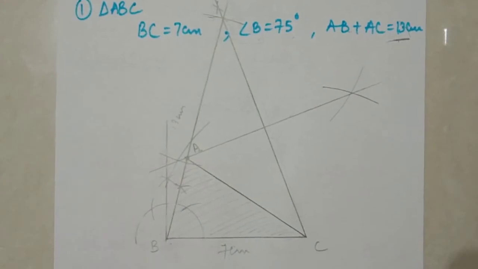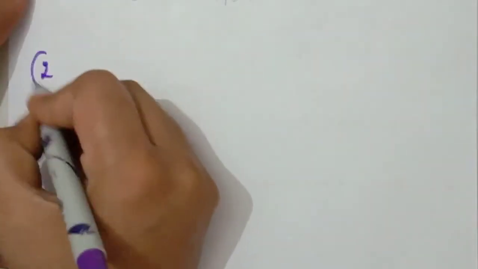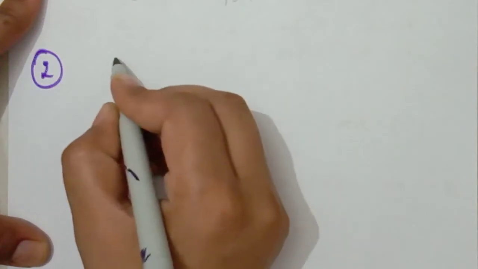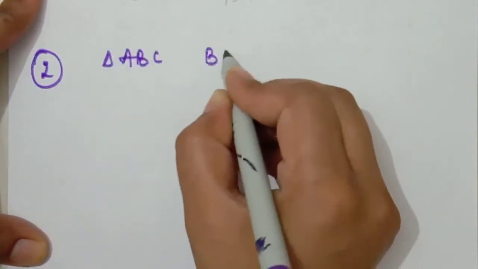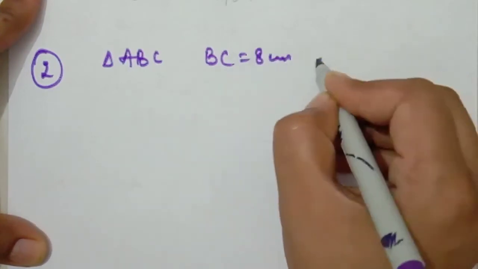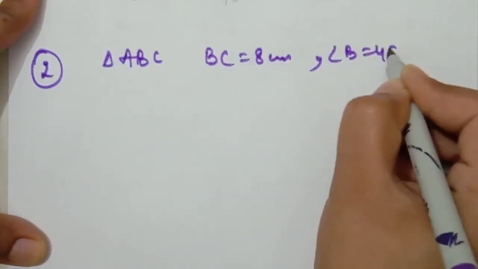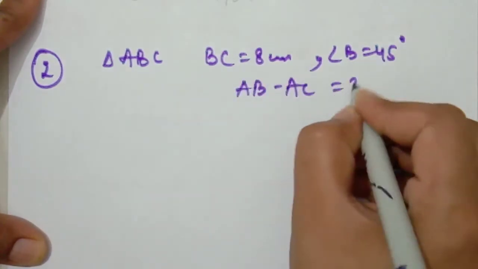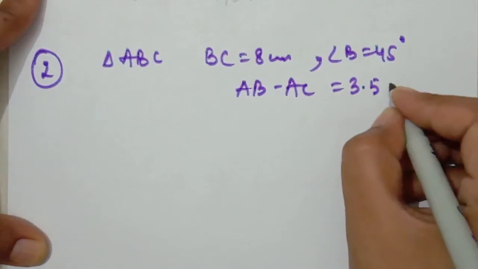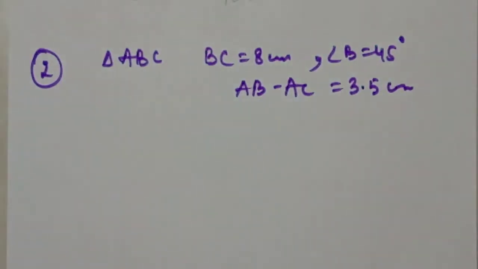Okay students, this is the first type. Now the second type. Now the second question of your exercise 11.2 is, we have to construct a triangle ABC in which BC is 8 centimeter and angle B is 45 degree and AB minus AC is equal to 3.5 centimeter. Then we have to recognize which type this is,